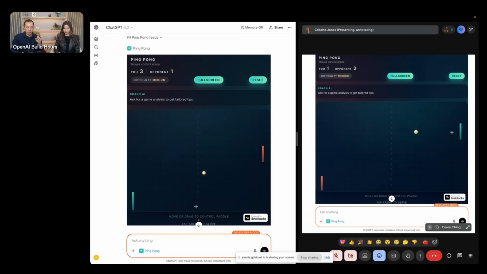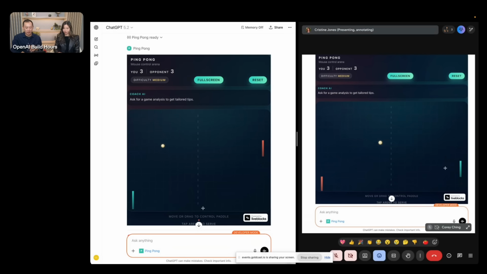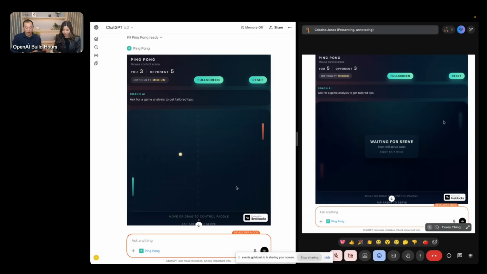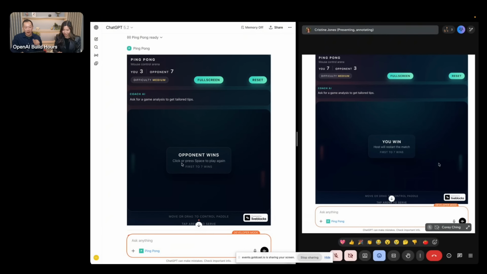And I'm going to let Christine score a few points here because she's actually really good at ping pong. We played and she did beat me. Definitely. So boom, she's going to score, and we're going to get to 7 points. So right now I'm just letting the ball go through, but let's say rally one more time, and then I will miss this next shot. Boom. Okay, we're going to get to 7, and now the game's over. I lose because Christine's screen says she wins, which is really fun.